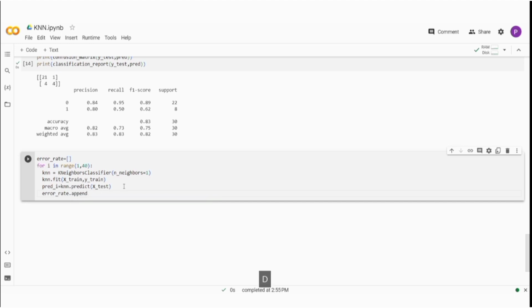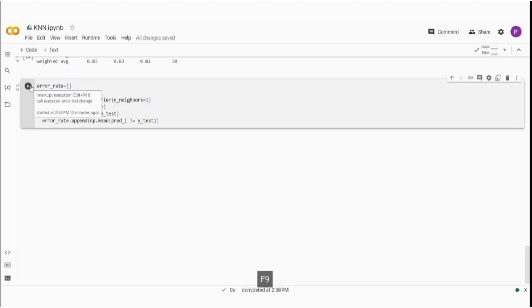And here it makes predictions on the testing feature and calculates the error rate. The error rates are stored in the error rate list. Here the mean, the average of incorrect predictions, calculates the error rate. By running this code,